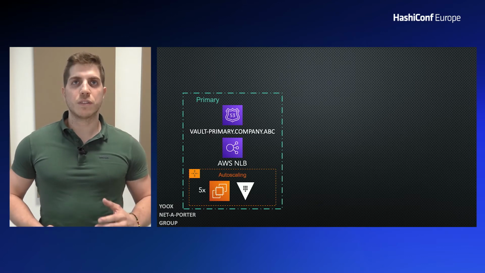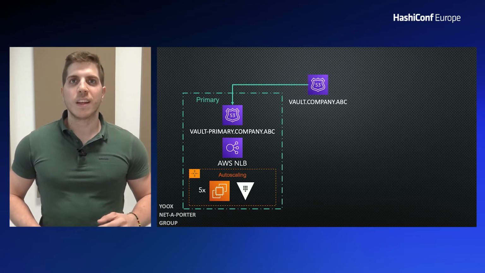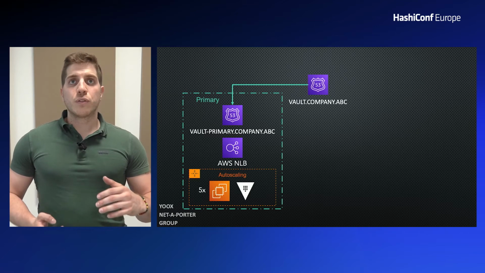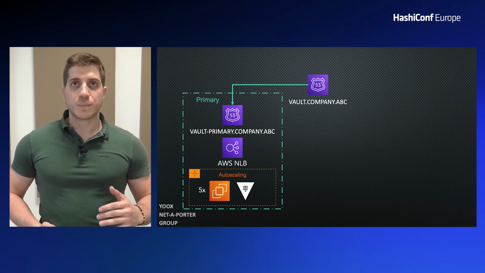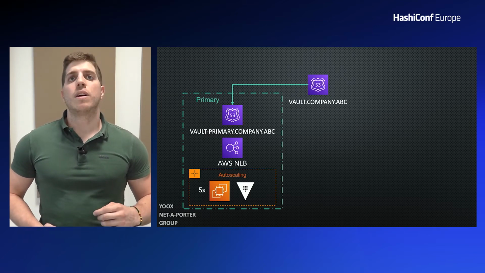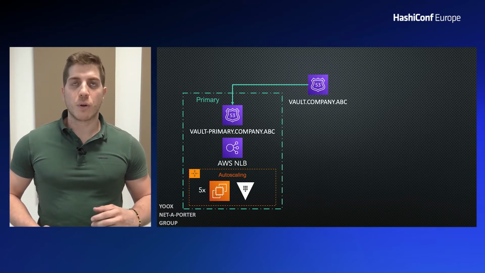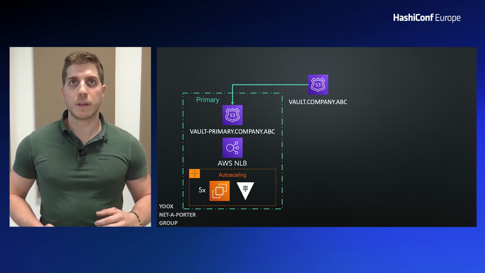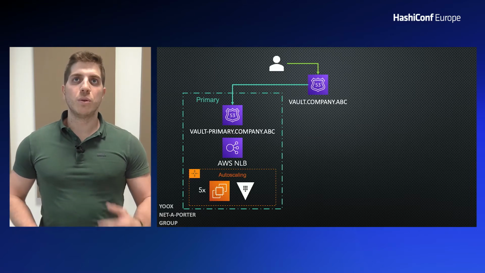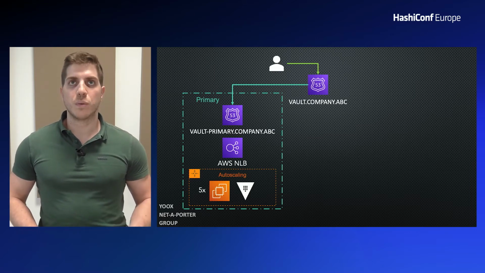Now, this constitutes our primary cluster, and it will then also have a higher level endpoint, another Route 53 CNAME or alias, which we call vault.company.abc, which will be used by users to interact with